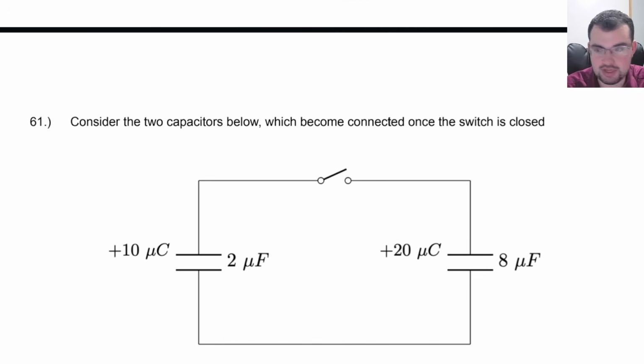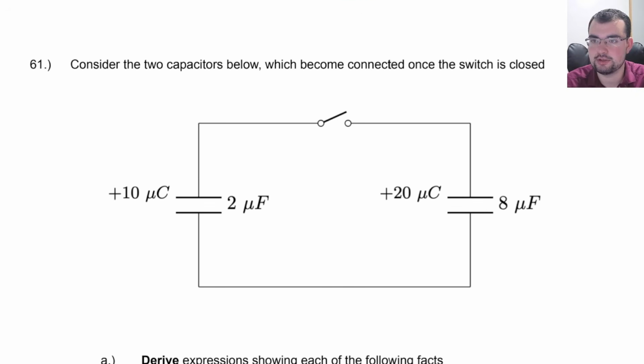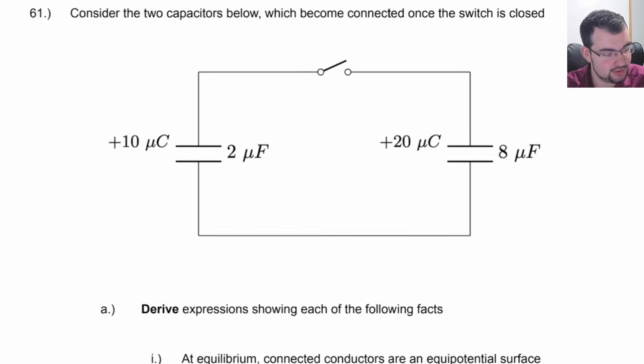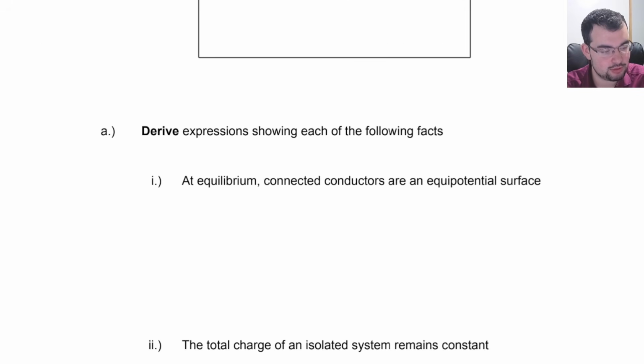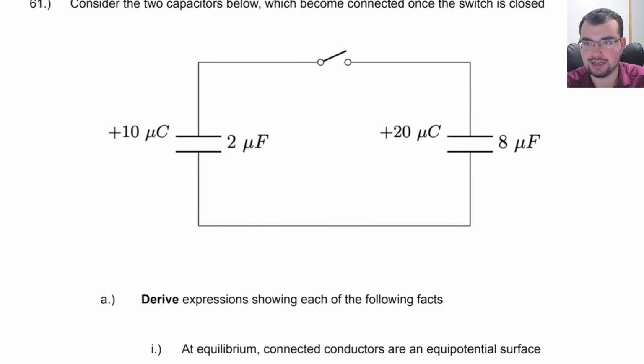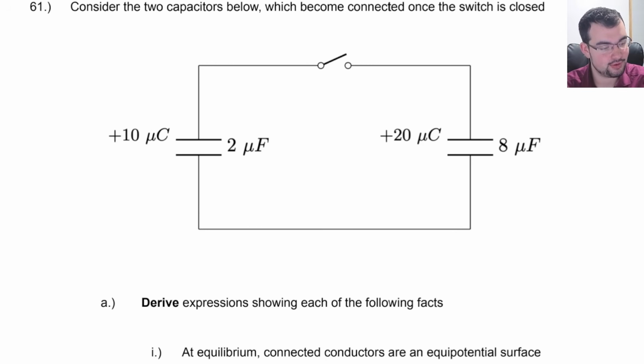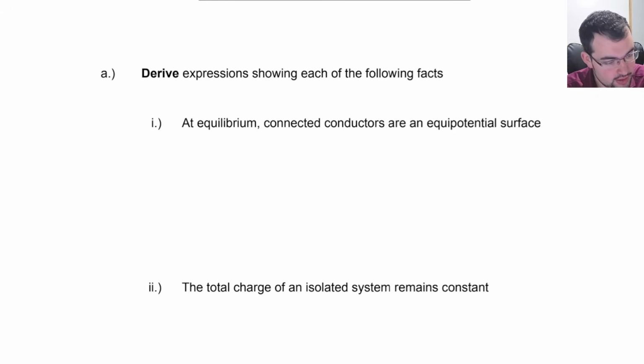So here's the representative example. Consider the two capacitors below, which become connected by closing a switch. We want to derive expressions showing each of the following facts. At equilibrium, conductors are equipotentials, and the total charge remains constant because there's no other objects here. All right, so connected conductors being equipotentials, that just means delta V across each of these capacitors must be the same. So we can write that as